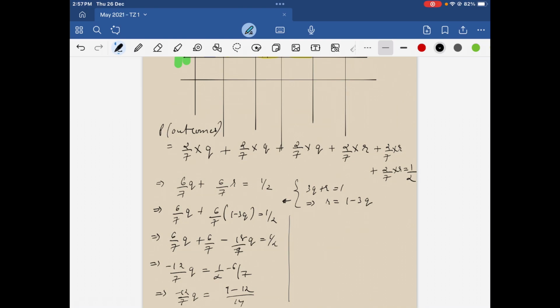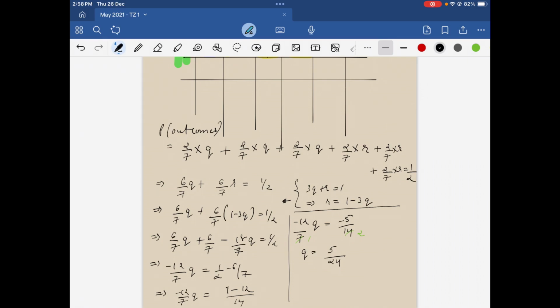So, I am getting minus 12 by 7Q is equal to minus 5 by 14. Cancel off the minus signs, you will get Q is equal to 7 1s are 7, 2s are 14. So, I am getting Q is equal to 5 by 24. Be very careful with these basic calculations, because if here you go wrong, the final expected value of Y